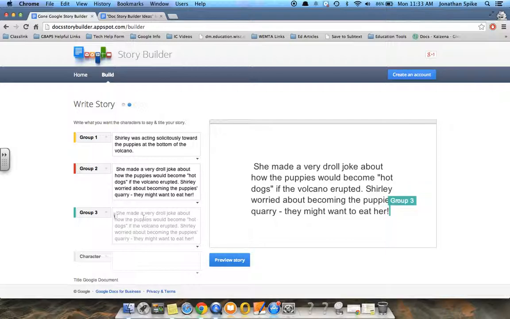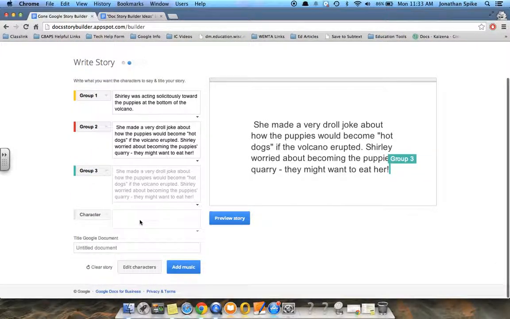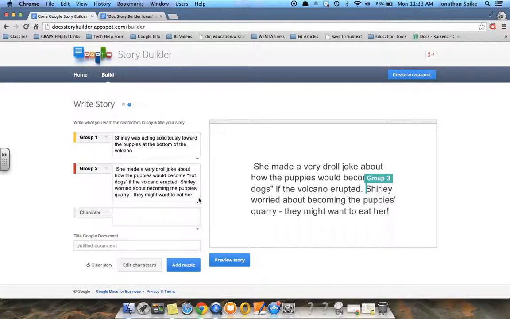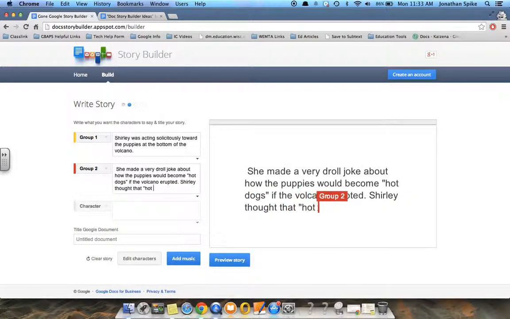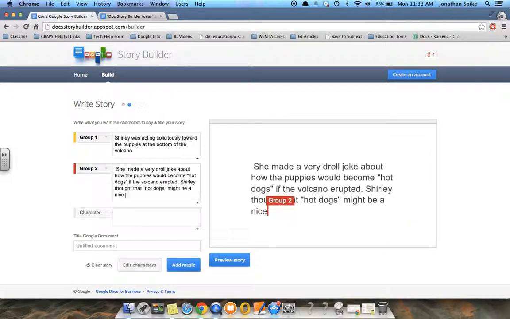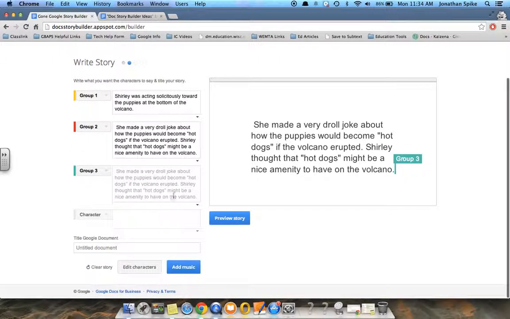And then maybe the next group comes back and wants to change something about that. So they might take out that last sentence, or maybe they just want to take out a little, so Shirley, they want to keep Shirley. Shirley thought that hot dogs might be a nice amenity to have on the volcano. So they want to use the vocabulary word amenity, and they're going to add that in to theirs. That could totally work. So you can see how you can keep changing the story, adding to it, and then